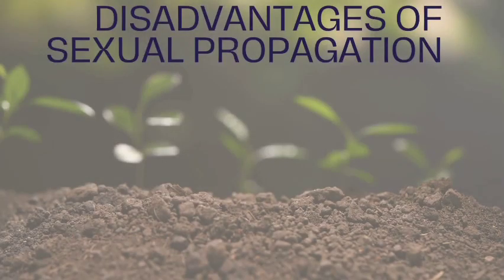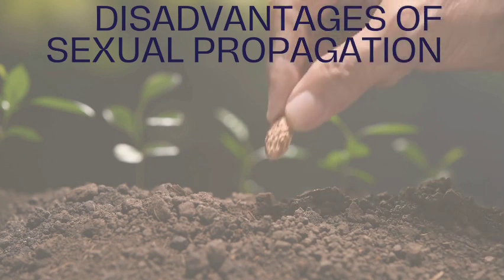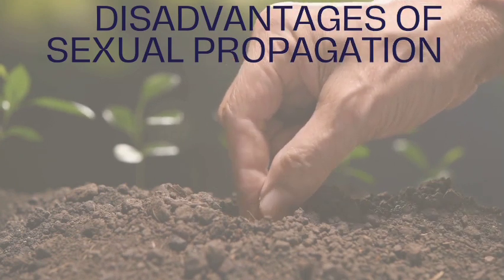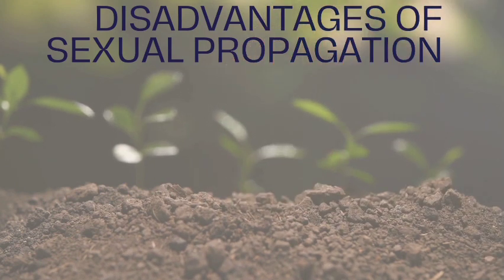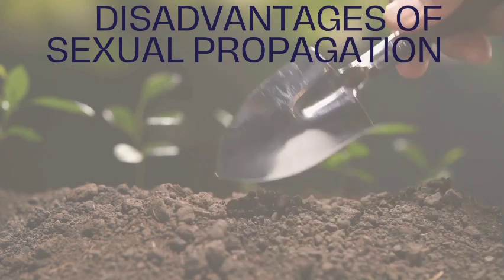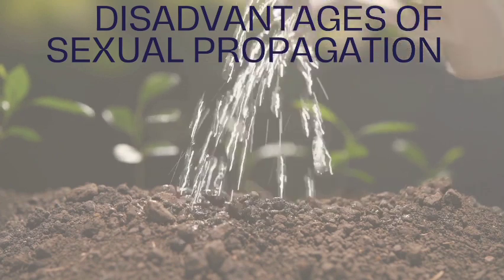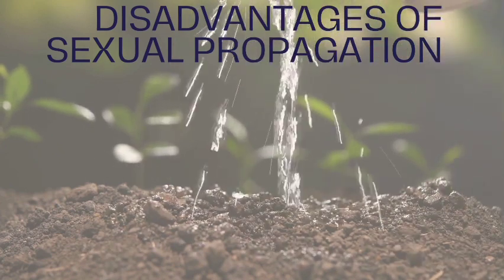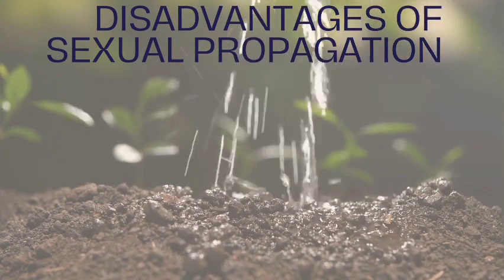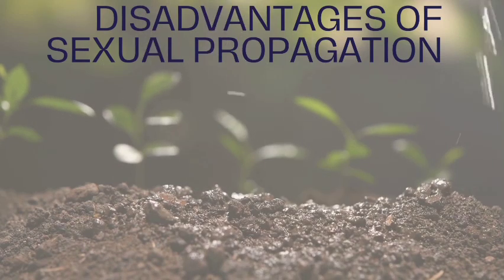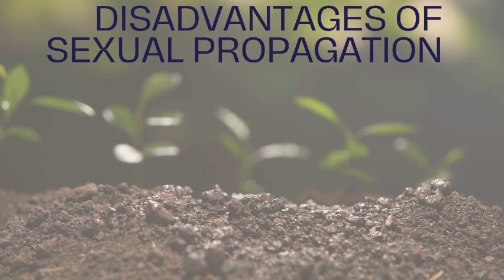Now the disadvantages. Remember, what always has advantage has disadvantages. Some crops take a long time to mature and fruit when planted by seed. Example, your orange. Some seed are lost in the soil during propagation because of termites and rats, etc. It is difficult to grow crops that are seedless with this method.